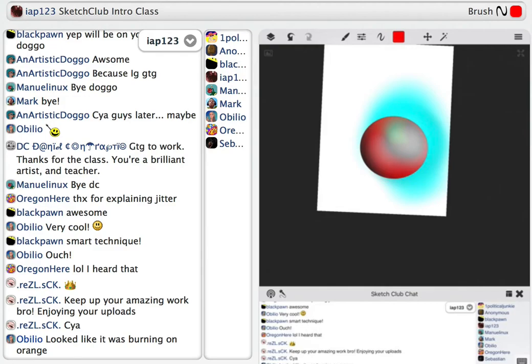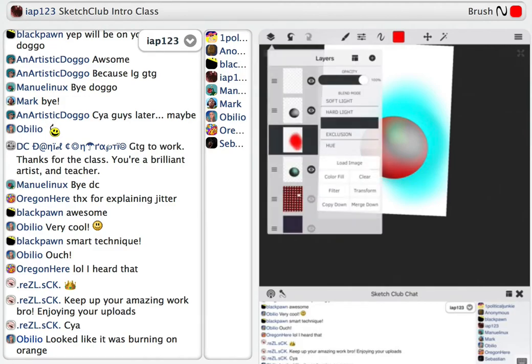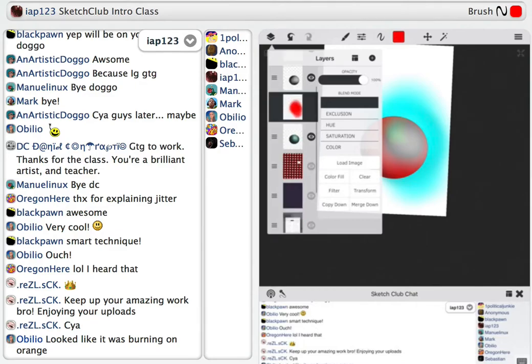Okay, so I think that was most of the tools. Oh yeah, the thing we've not talked about is filter. So we've talked about the modes, which are all of these here. The other thing that we have is this filter menu, and this has got a lot of really neat effects, which are only applied to the layer that you're on. So you can merge everything. So for example,